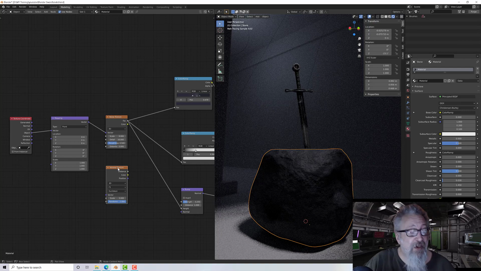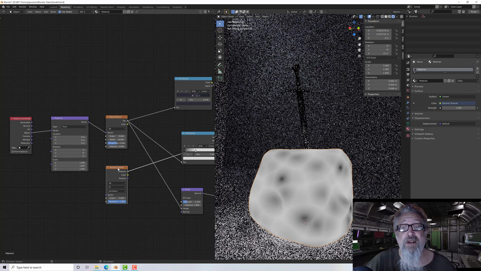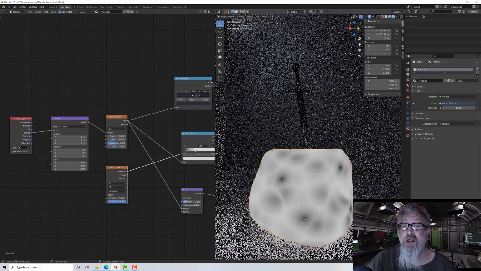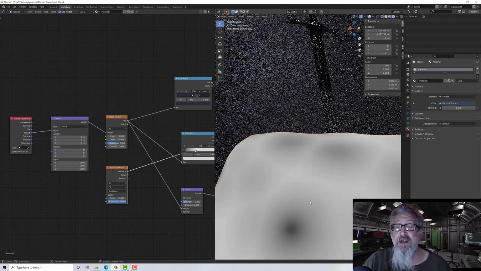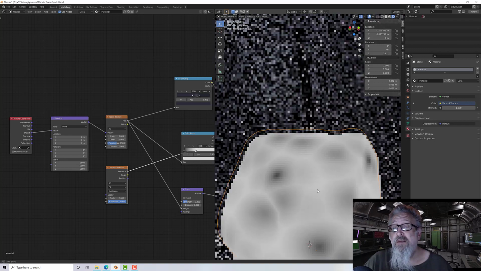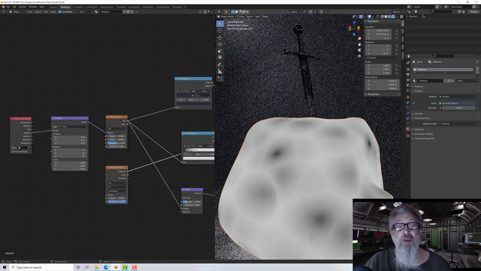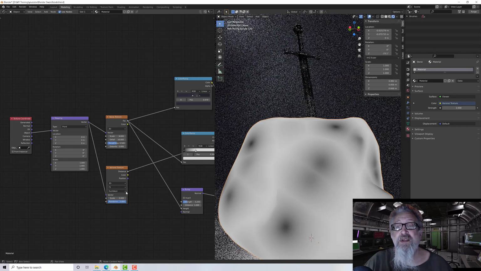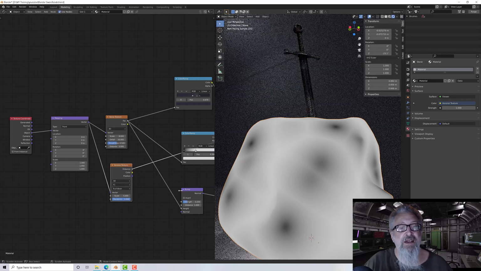And I'm going to select that and press Shift Control and click on it to get a look at what it's going to do. And you'll see it's this quite nice, hexagon-y kind of irregular pattern. But what I do need to do is plug my vector into it so that I get it mapped properly. Okay,